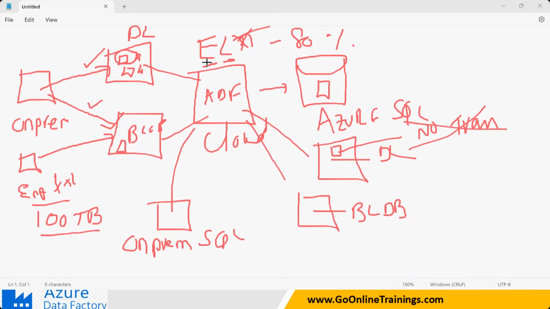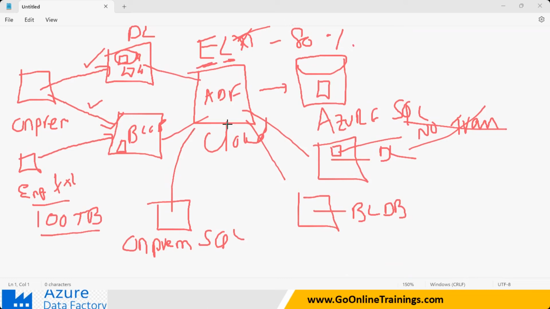Now, when I run this in ADF, ADF is a small application which is running in your Azure. Clear? So you wanted to clean this data. This ADF may be working on a single computer. It is a data center where a single machine is there, and ADF is running on that single machine. If you have this much data, at the time of extracting, it can extract, but transformation means I need to do a lot of circus on the data. Transformations cannot be done on a single hardware. It will be very, very difficult. So when you have a large amount of data, the cleaning process cannot be handled by a single machine.